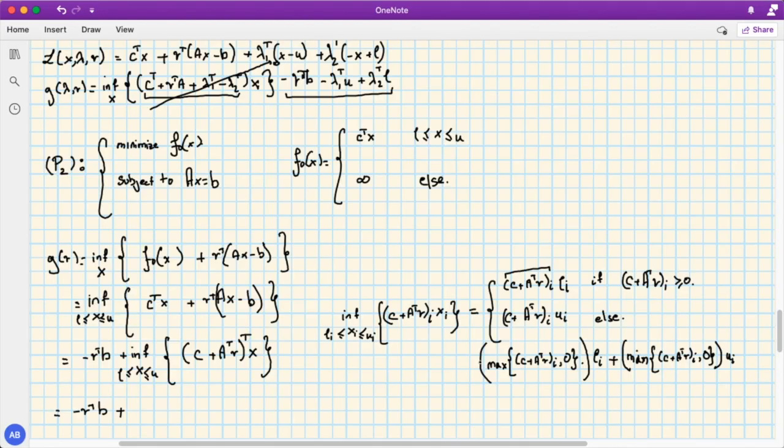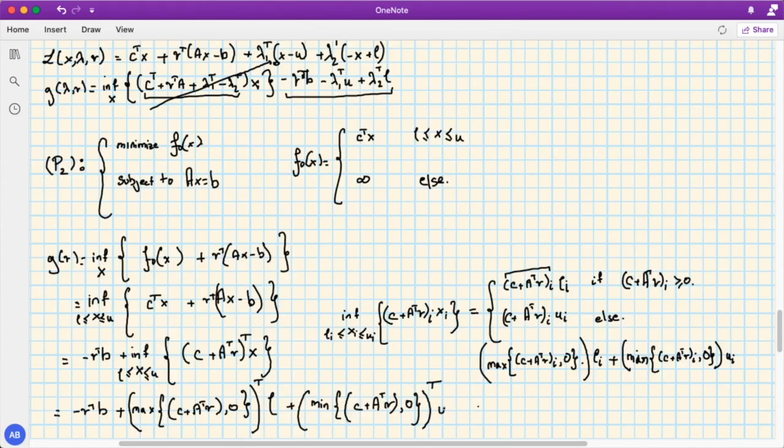Let's call it max between, if we want to generalize it to the vector case, max of c plus A transpose nu and 0 all transpose multiplied by l, plus the same thing but a min this time. So min of c plus A transpose nu and 0